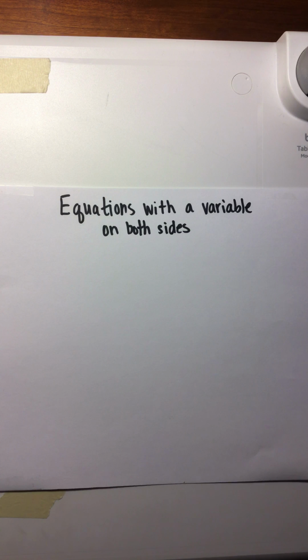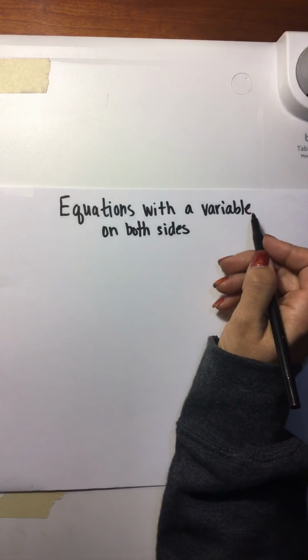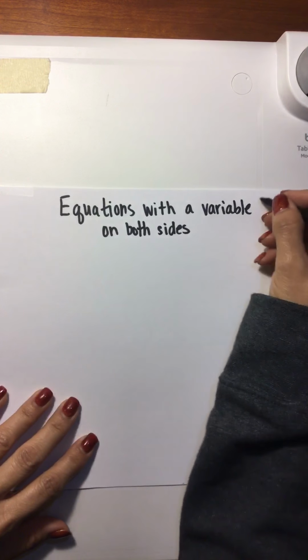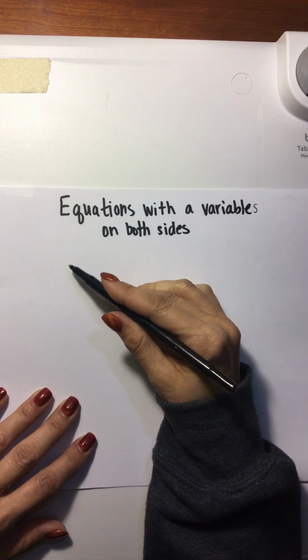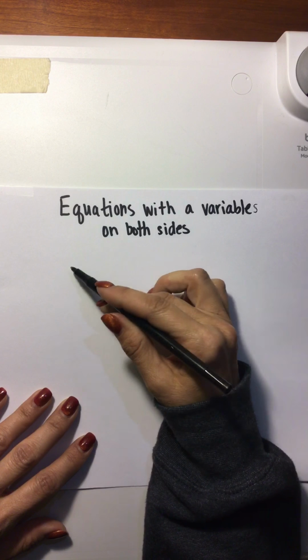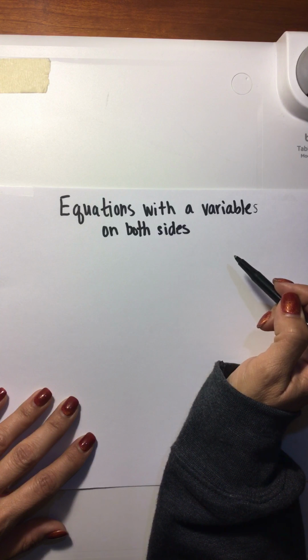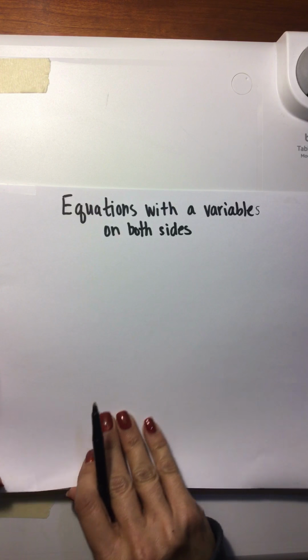The next and last concept that we have in regards to the equations are equations with variables on both sides. Okay, so that just means that we're going to have to be moving around the variable and the constants on both sides. So if we were to look at an example